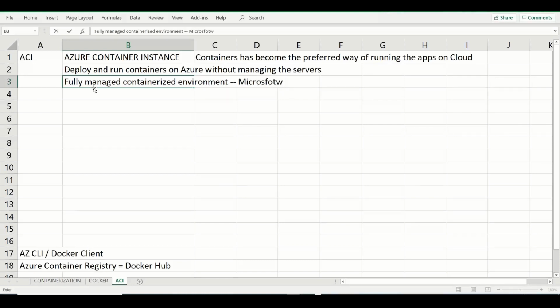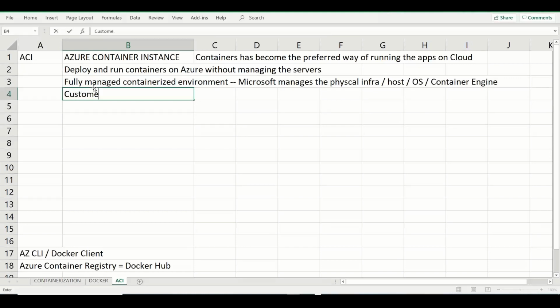Microsoft manages the physical infra, the host hardware, the OS, the Docker engine, or I would say the container engine instead of Docker engine. The container engine, everything is managed by Microsoft. Customer is responsible